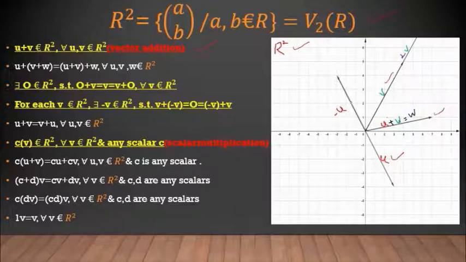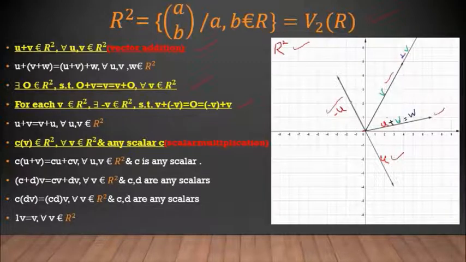And this third one, there exists a 0 vector belonging to R2 such that 0 plus v is equal to v plus 0 is equal to v. This is normally observed even in numbers and other sets. The 0 vector is nothing but this origin, and if you add this to any vector, you will get the same vector again. So that is the third one. And then I am concentrating on the fourth one, that is, for each v belonging to R2 there exists minus v belonging to R2. So instead of v, suppose I take u, then there exists minus u here such that u plus minus u will give you 0.